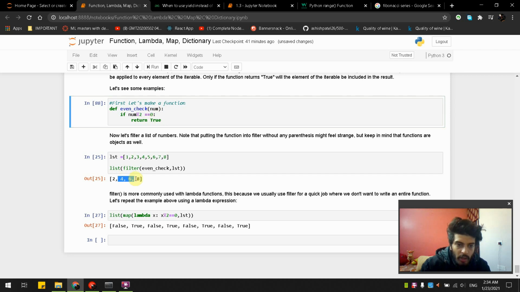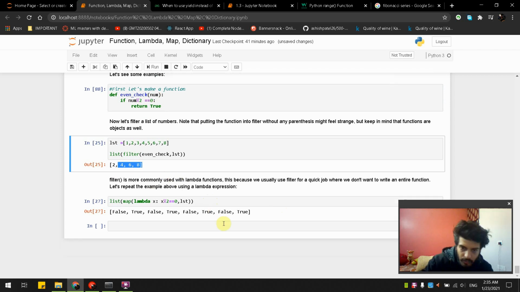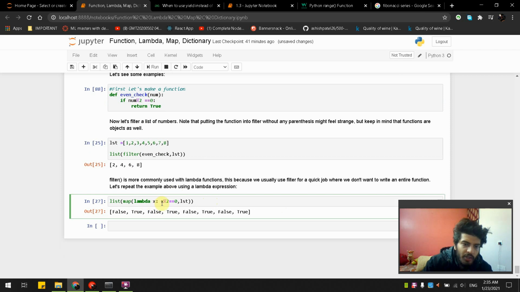That's why the number 3 is not in this list. This is the same thing as I've told you earlier, lambda, which helps convert the function into a single line. And now that's it.